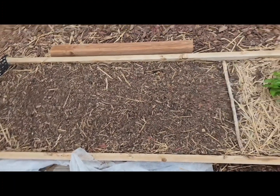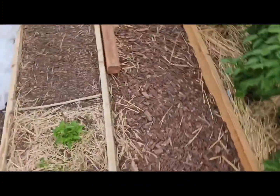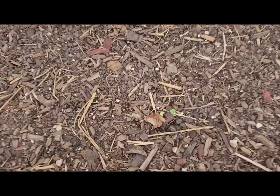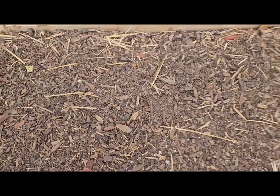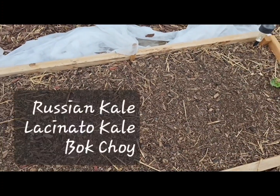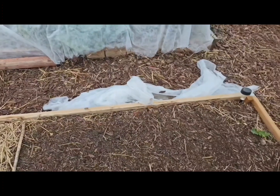Oh, and I do see, hold on, I do see some activity. I do see some activity right there. Little kales. I have dinosaur kale in here, but I know that's not the only thing I have, but that's the only label that I see. So I will,